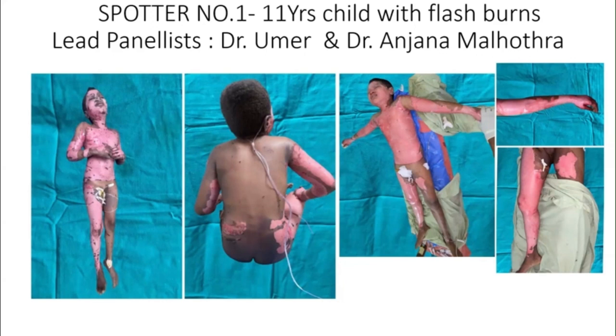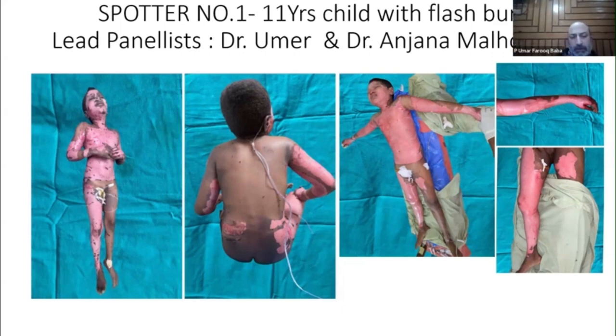Team 2 is answering, madam. Team 1, sorry, Team 1. Looks like, sir, 4 to 5 days have passed. How can you say that? How did you get the clue? Sir, there is a difference in the color. Deep areas are also starting to become visible. Where is the deep area? Sir, in the rightmost photo, of the upper limb over the wrist region, it looks paler compared to the pink region.